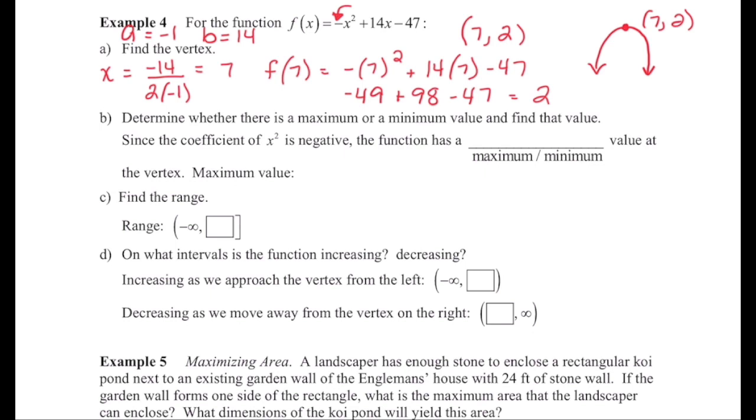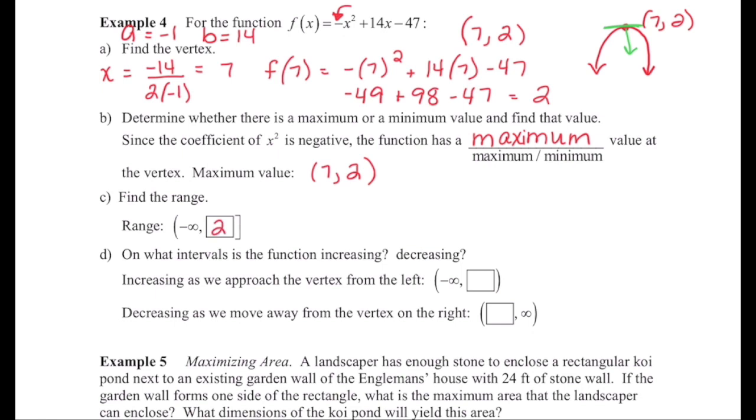We can get an idea of what it might look like. Because it's a frowny face, then we know that this is a maximum value. And that maximum value is the vertex itself at 7, 2. This tells me also something about the range, since this will be the highest point my graph gets and everything is staying below that. We know that our range is going to be from negative infinity to positive 2